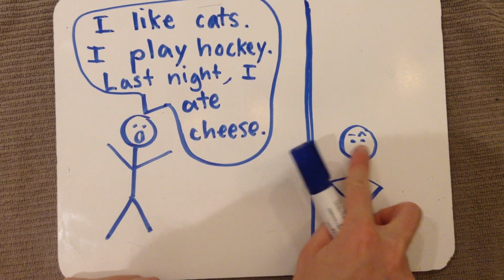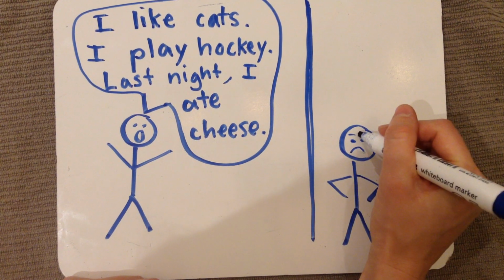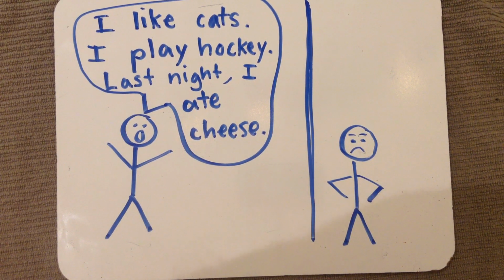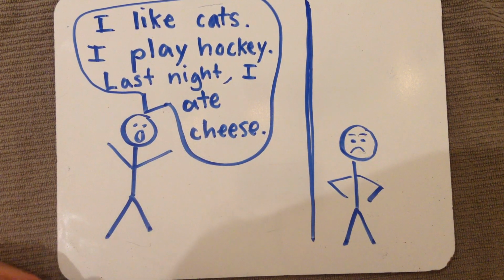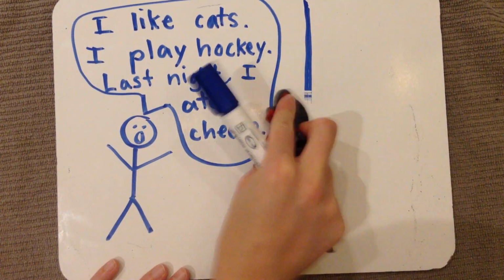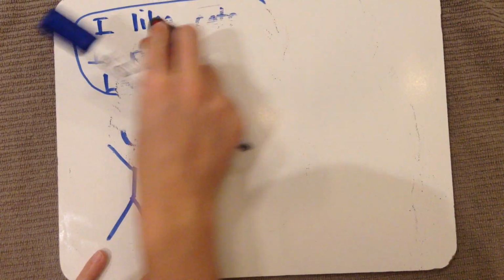In fact, sooner or later, he might not have any friends. People around him might start to think he doesn't care about anyone but himself and just wants to hear himself talk. So let's see how we can change this so that Bob can make more friends and build more connections with the people around him. Let's see if we can help him balance his questions and statements, so it's not just sharing information all the time. Not that we don't care about his cheese festival last night.